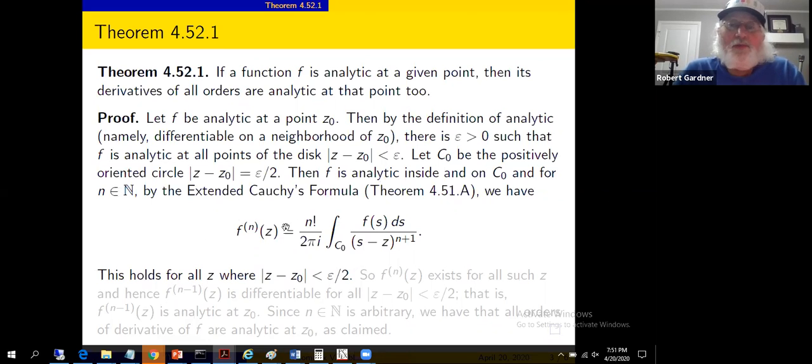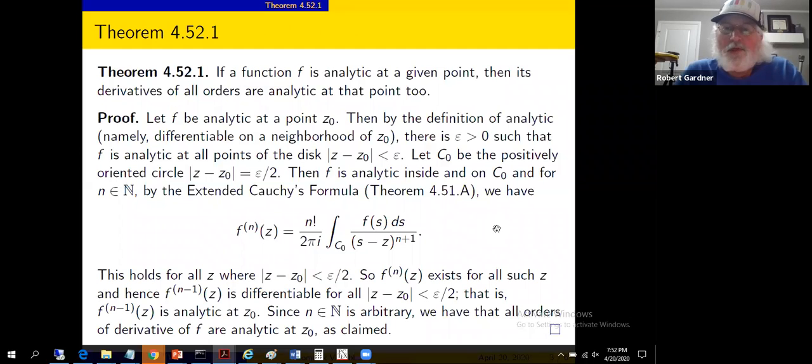So for any natural number n, Cauchy's general formula tells us we get this relationship here. We've written this with integrals with respect to s, and the z sub 0 we've written as z. We saw an example in the previous section with that kind of substitution. But we've written the nth derivative of f at z in terms of this integral, valid for all z within that contour C sub 0 that we've introduced. Okay, so that tells us then that the nth derivative of f at z exists for